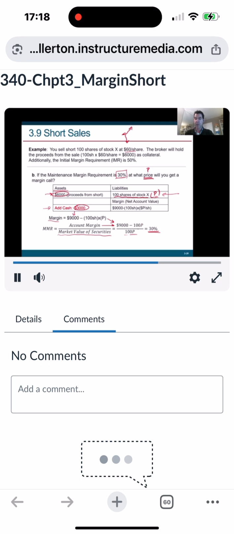And now I want to know at what price P this equals 30%. I'm left with an equation here. I need to just use some algebra and solve it. If you go through the algebra and solve that, what do you get? You're going to get a price of $69.23.